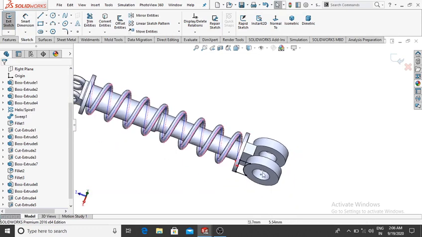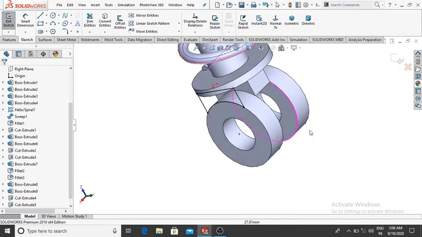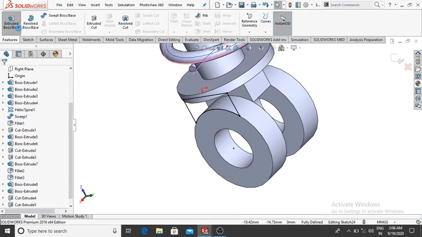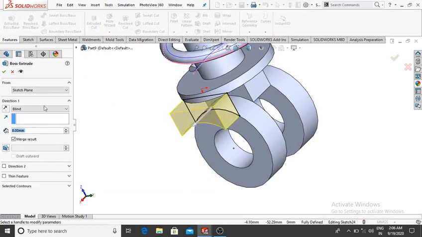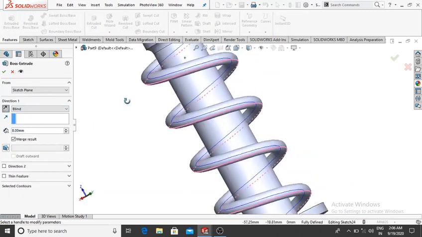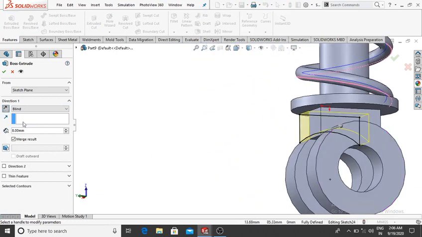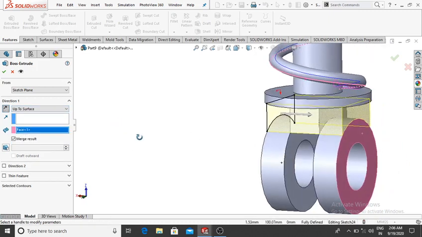Again here go to the features and select extrude boss base and extrude reverse direction and make the extrude here up to surface and now select this surface, then OK.